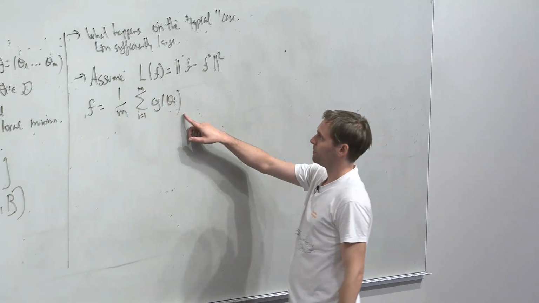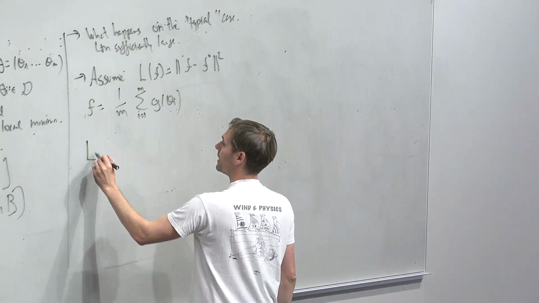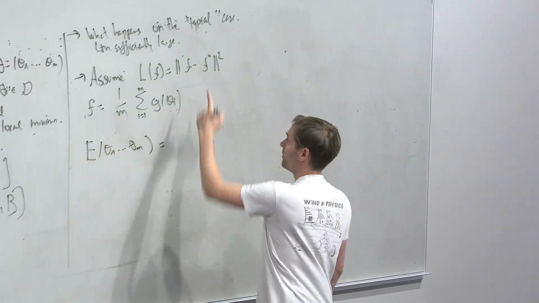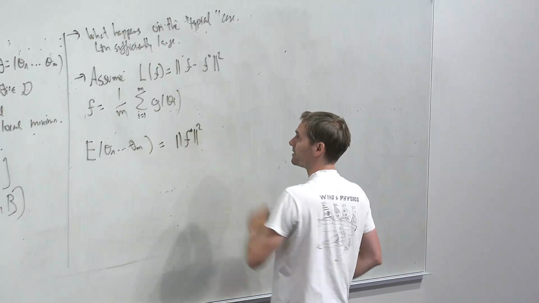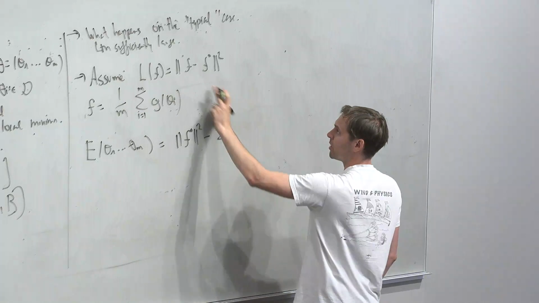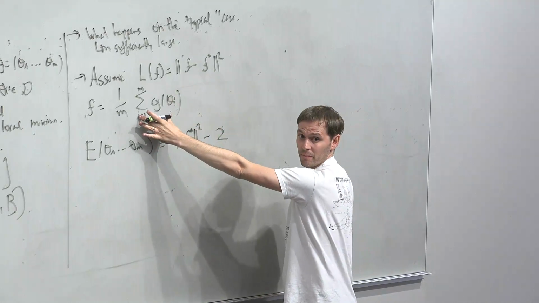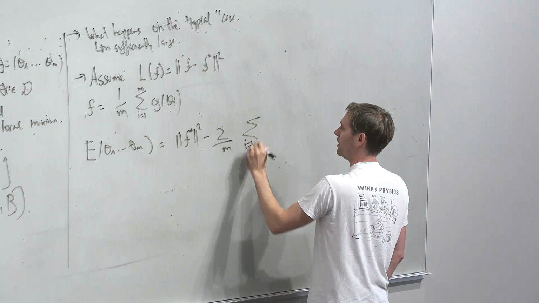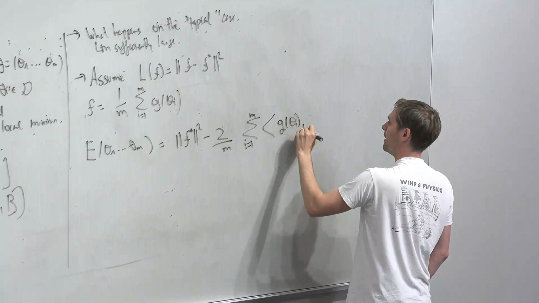If we develop the square and put the sum here, we look at the energy with respect to our parameters, theta 1 to theta m. There's one term that is the norm of f star squared, that's a constant. And now we have 2 times the dot product between f and f star. And f is the sum of terms, so I have 2 over m, the sum from i equals 1 to m of the dot product between my neuron and f star,